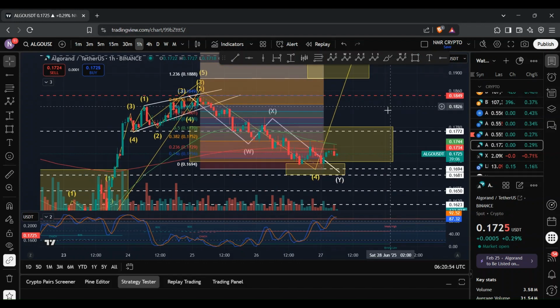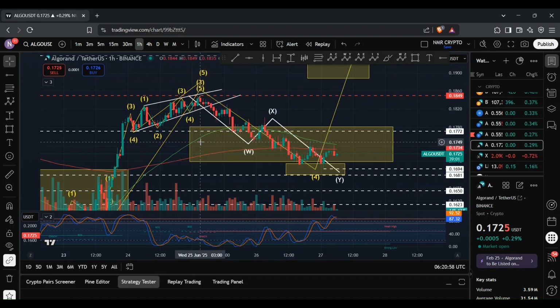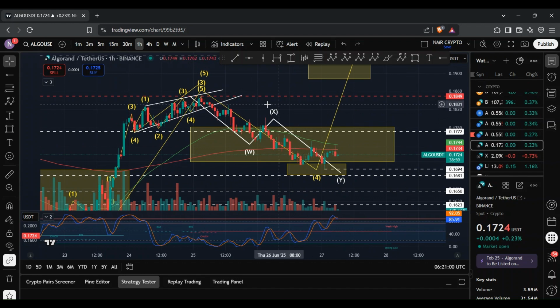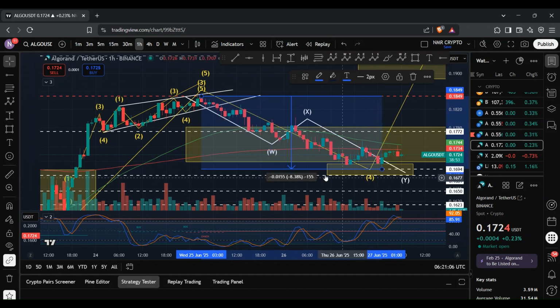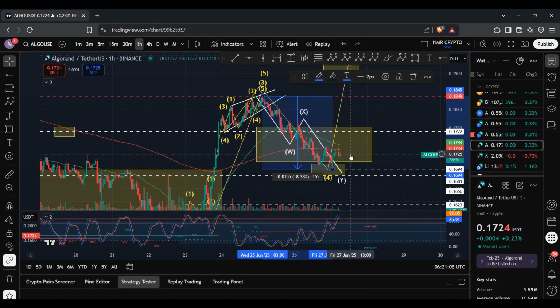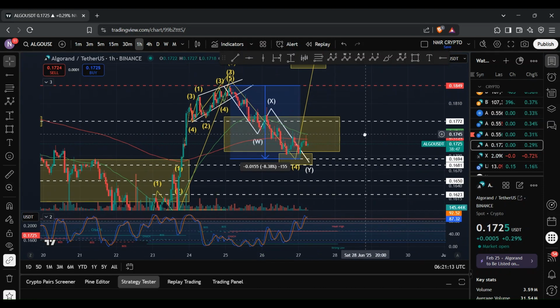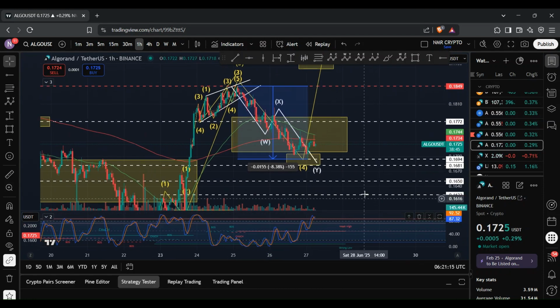And it is interesting to note that the 50 EMA is actually on the brink of crossing the 200 EMA, which is also known as a death cross. And that's a reflection of what's already taken place over here, where we have seen a move of over 8%. So it's not necessarily a reflection of what's to come, it's a reflection of what's already taken place. And you can also see that we are within overbought conditions.